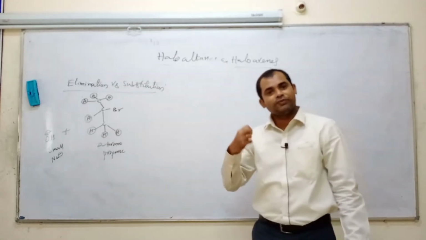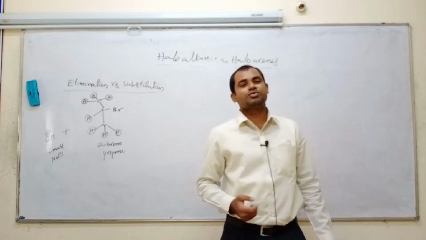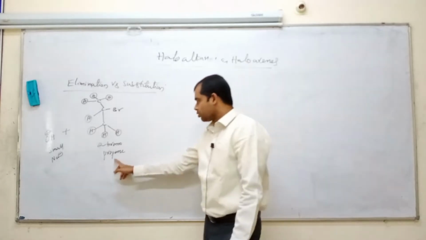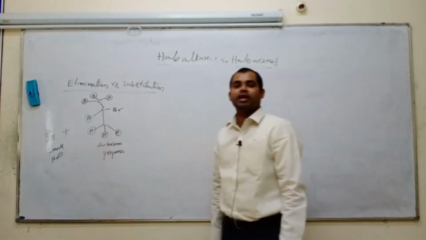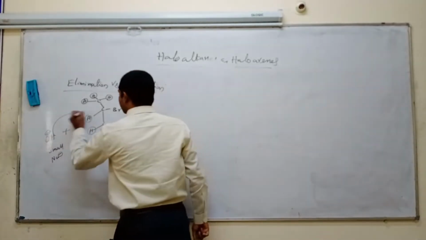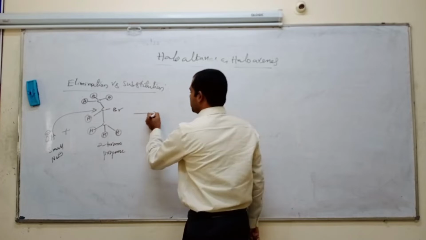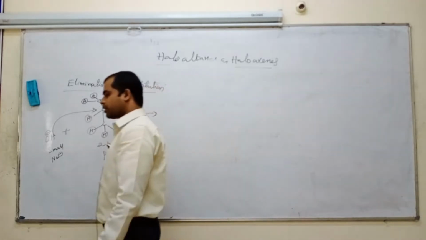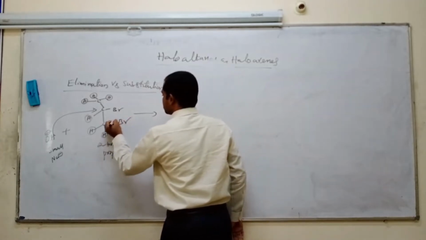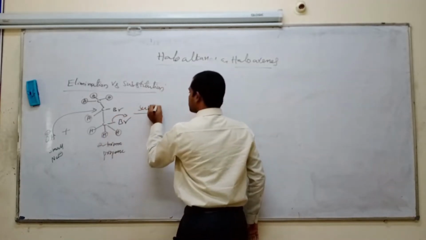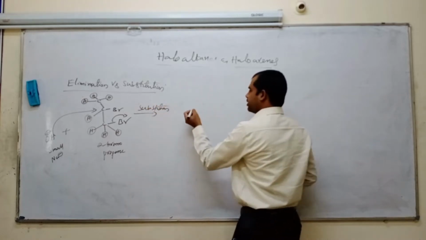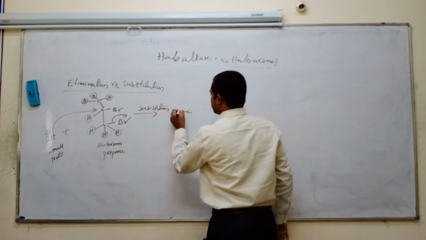So if the nucleophile is bulkier, it cannot undergo substitution; it always favors the elimination reaction. But the same compound 2-bromopropane reacts with the nucleophile OH minus, a small nucleophile. What happened? This nucleophile easily attacks the carbon in the presence of base. So here substitution reactions take place. When substitution takes place, it forms a bond with the carbon, the bond with the OH group.